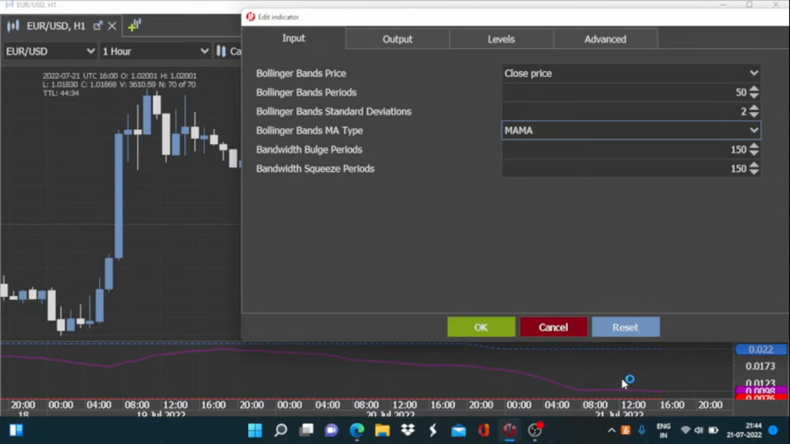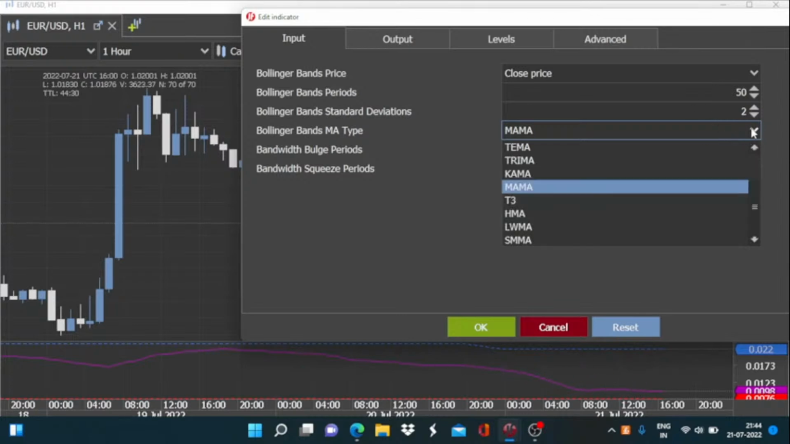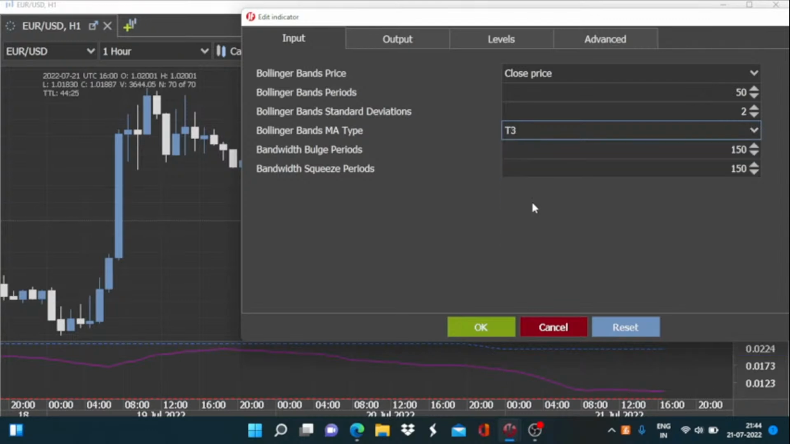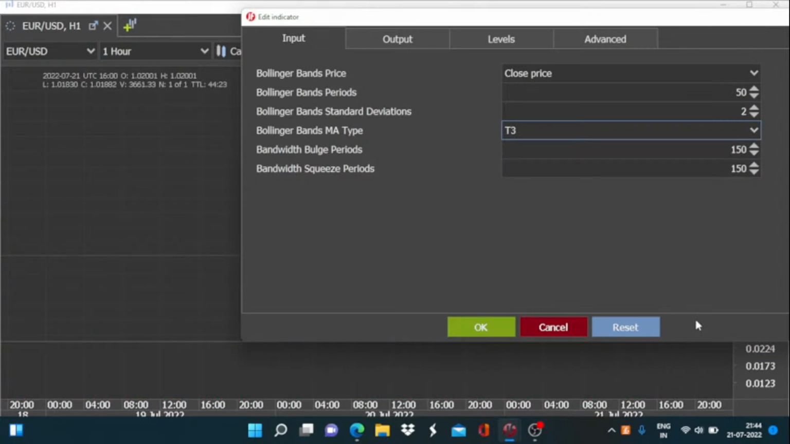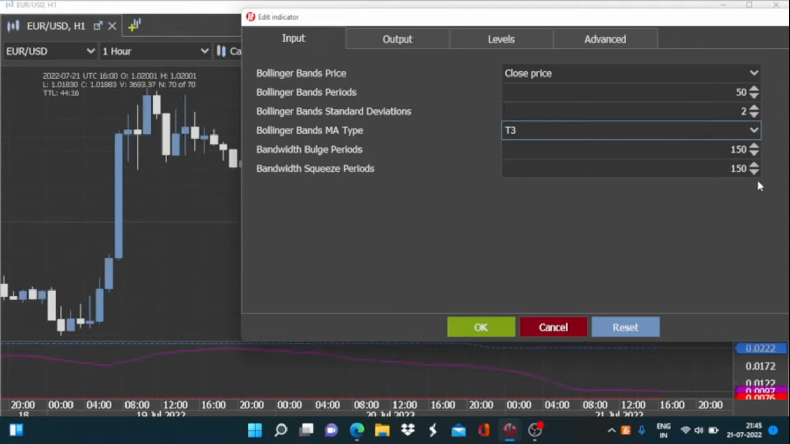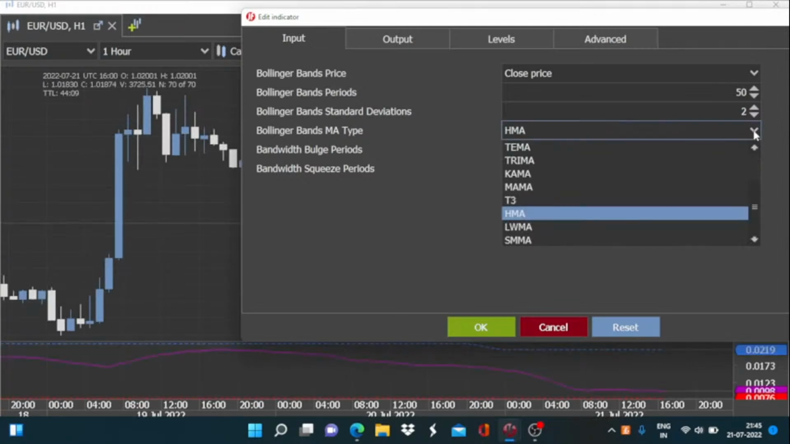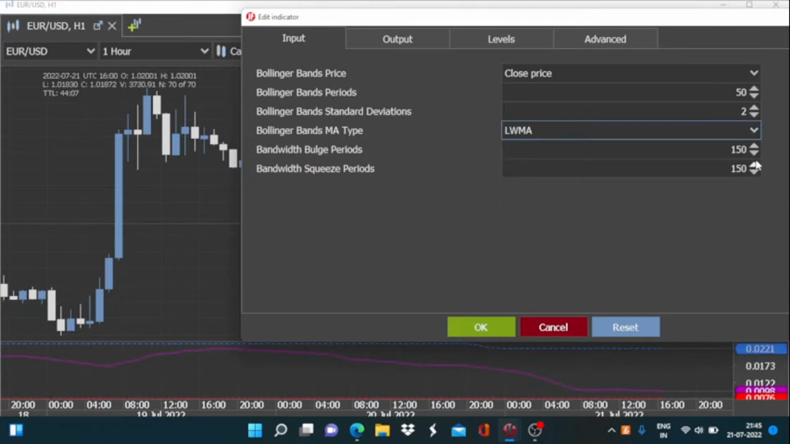Alright, so the larger trend remains intact. The only thing is some sort of deviation is of course expected as we use different types of moving averages. There will be a lot more smoothing when we use the T3 as the base for calculation of these Bollinger bands. Yeah, as expected. So one by one, I try out all of these moving averages. Let's see what happens with LWMA, SMMA,